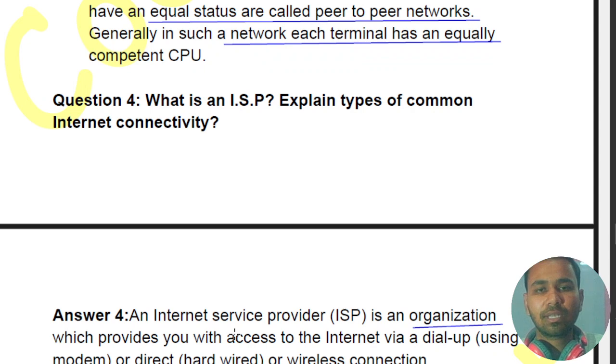These all are ISPs. They are providing you internet, BSNL. These are all known as ISPs. These are organizations which provide you access to the internet. Can be done through what? Dial-up connections or modem, or